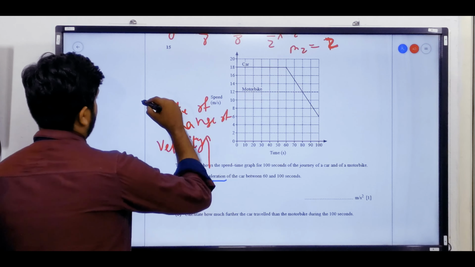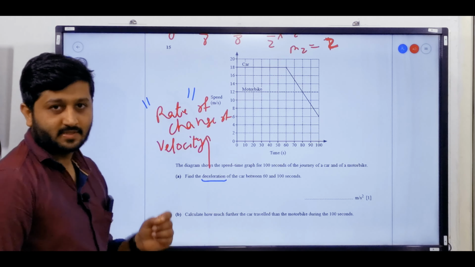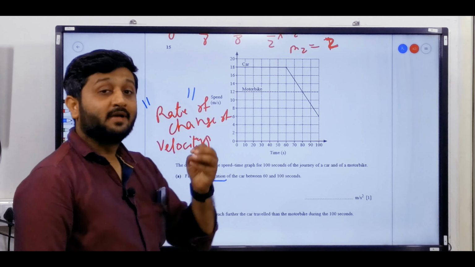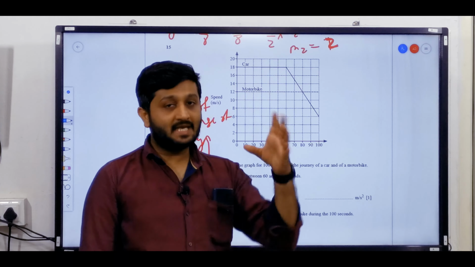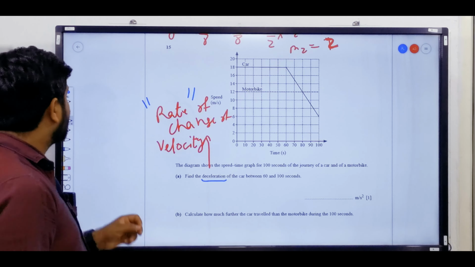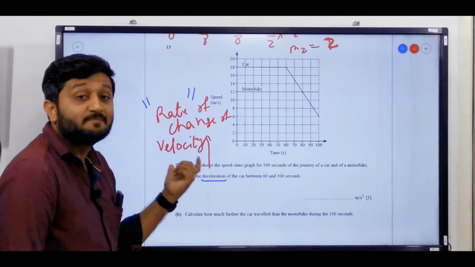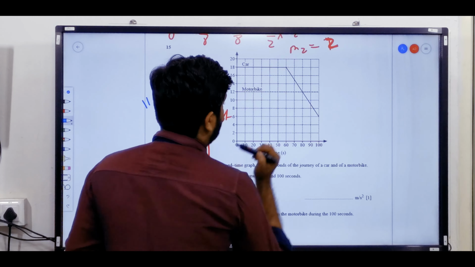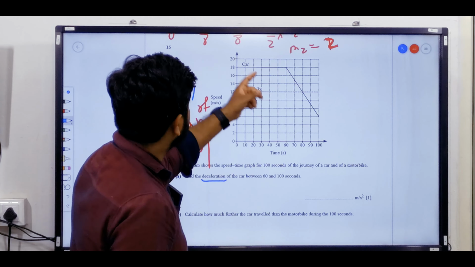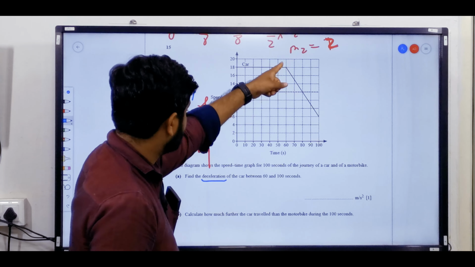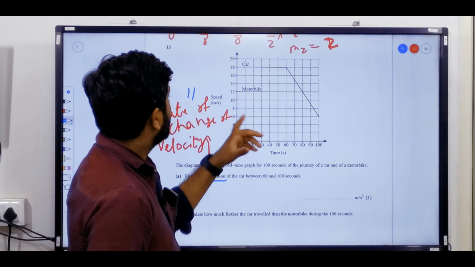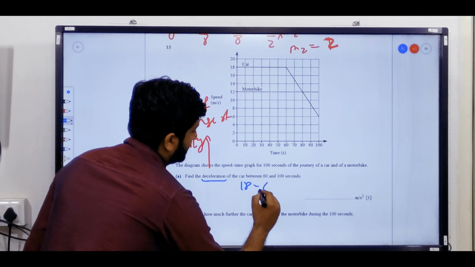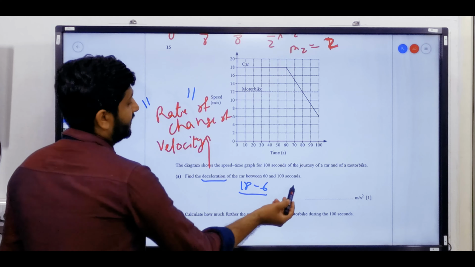Now whenever a term like rate comes, it simply means divide by time. Let this term rate come in physics, in chemistry, in any subject, it will always be divided by time. So what we are supposed to find is change of speed divided by the total time. So from 60 to 100, what is the speed changing? See, initially the speed is 18 kilometers per hour or 18 meters per second, and at 100 seconds it is 6. So 18 minus 6 upon time. The difference of time is